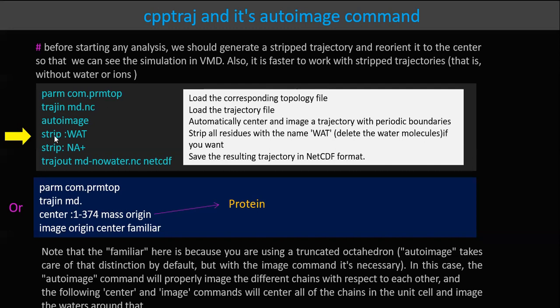For example, in that case, I removed all the water molecules. And then, as I mentioned, we don't need any of these unnecessary ions, so we could remove them. And in the final step, we name a new file, MD no water, .nc. With that specific type, it creates a new trajectory so that we process and use this new